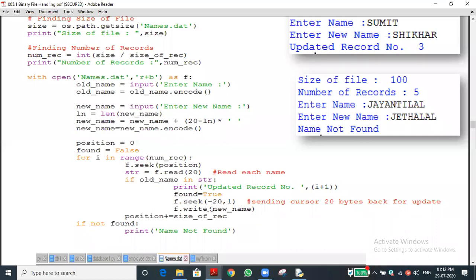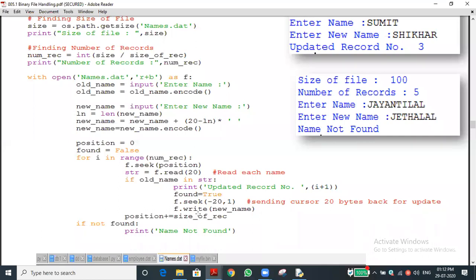Sir, what does that 1 indicate? 1 indicates the pointer is moved toward the reverse side, the backward side. Now you can see f.seek. If minus 20 comma 0, what does it mean?